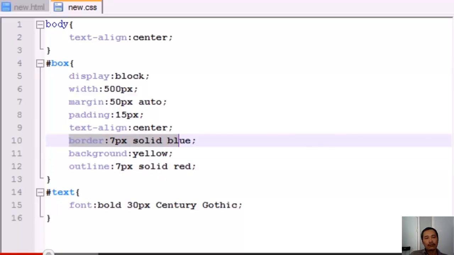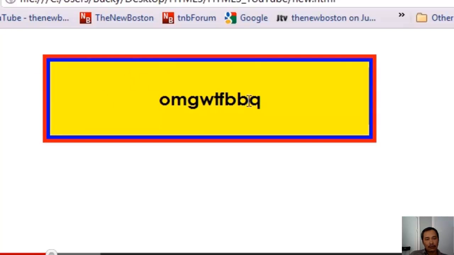Of your border, it's just like an additional border basically. So the reason I don't like